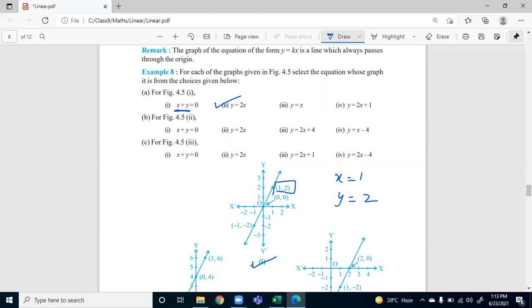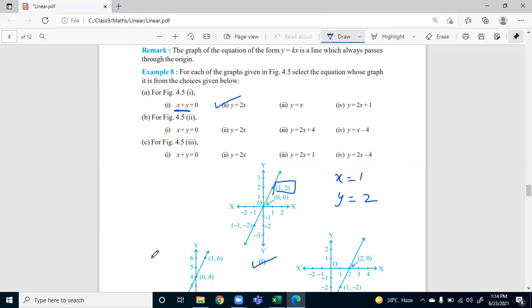Ma'am, we have got one of them. So we have to try the rest of them. No, no. See, this is not multiple correct options. There is a single correct option. Multiple correct options are there in competitive examinations. In CBSE, you will not be given multiple correct options. Only one choice is correct. But make sure you check it properly.